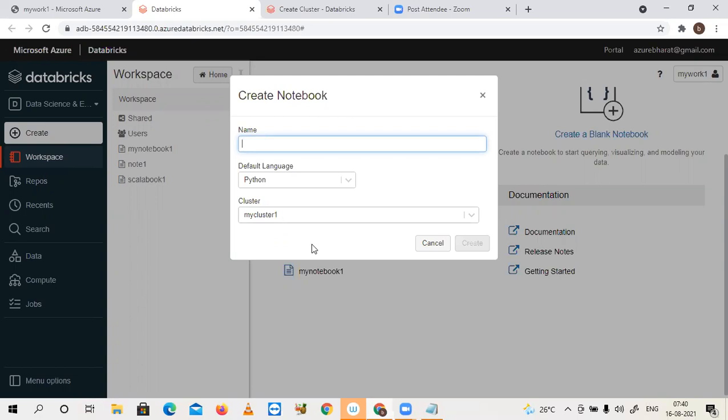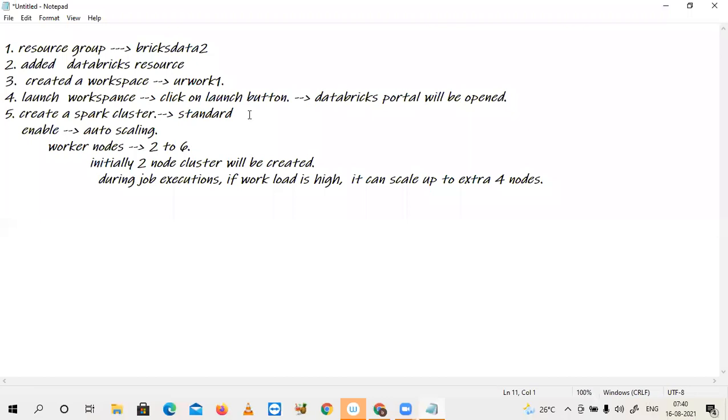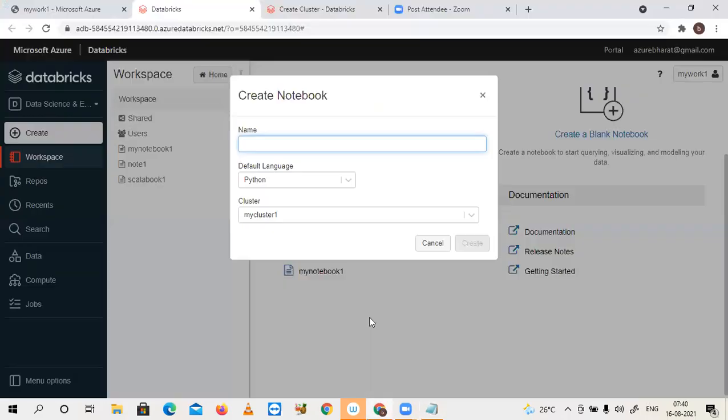In your example, you have created the cluster name as your cluster. In my case, I have given the cluster name as my cluster 1. That is already created and already selected. Now I'm giving a notebook name.